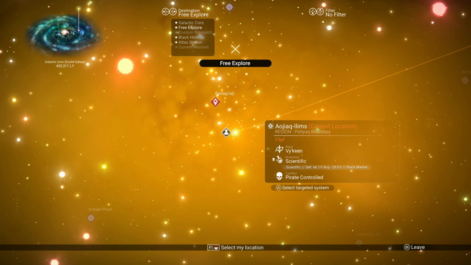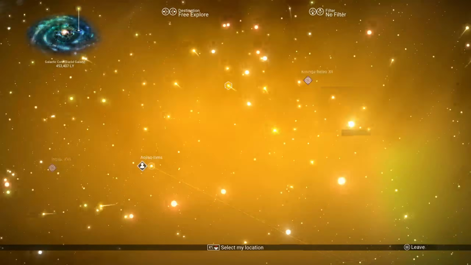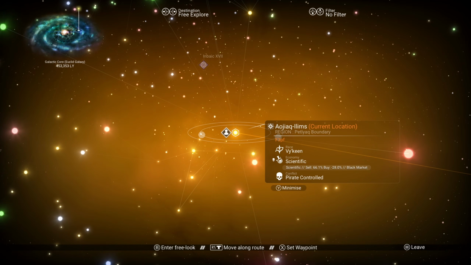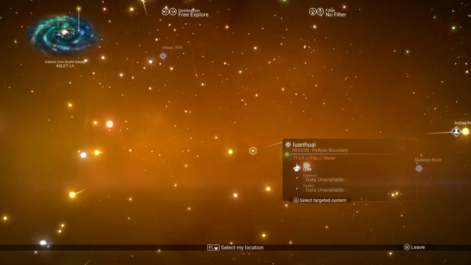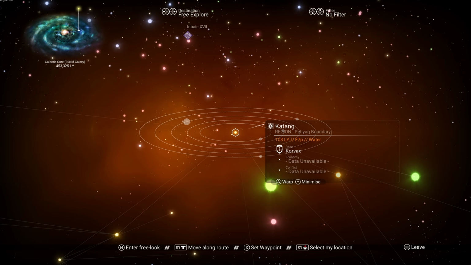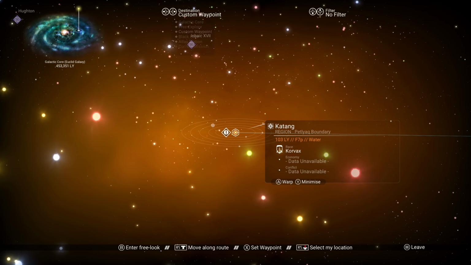So there's the galactic core. We've talked about free explore a little bit, where you can just free explore around the galaxy map. Then we've got custom waypoint. I can't actually get that at the moment because I don't have one tagged. But to tag for a custom waypoint, we'll press B to go into free explore. Let's say I want to go to this star system here. I can press A to select it, and then down the bottom I have an option to press X to set the waypoint. And once I've done that, I can select custom waypoint in my destination by using my D-pad,